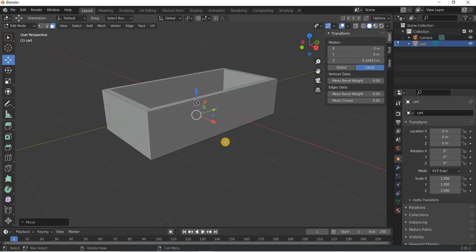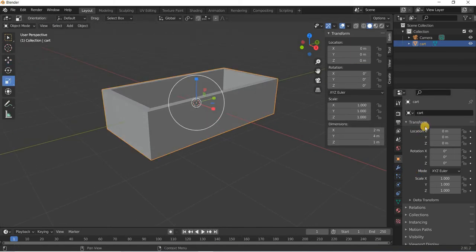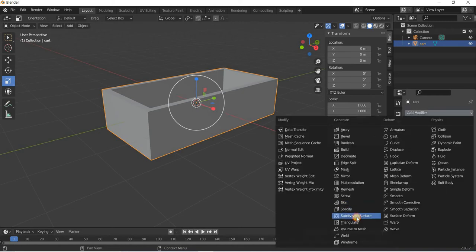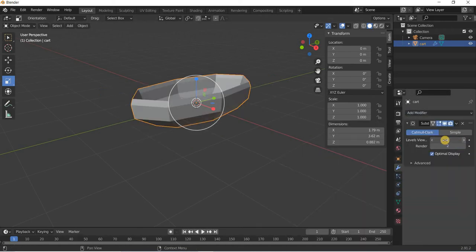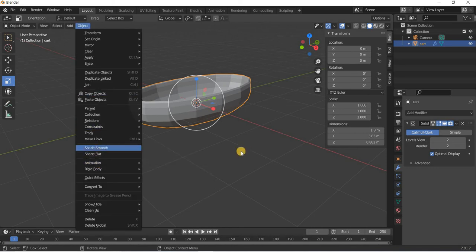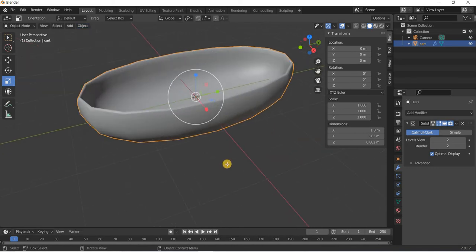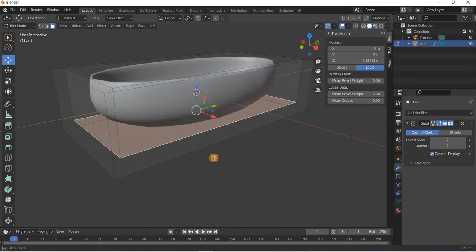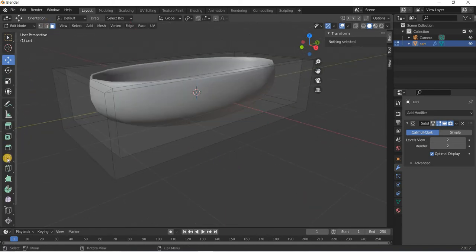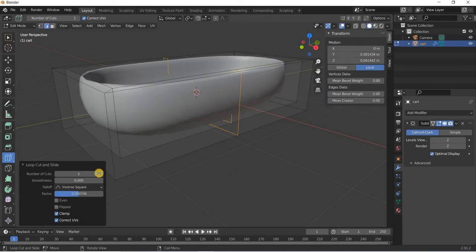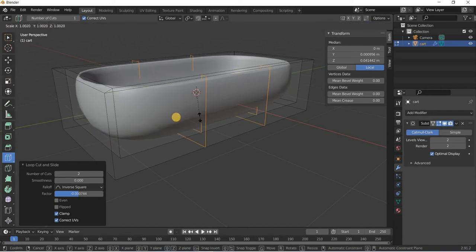I'll get out of edit mode, and we will add a subdivision surface modifier and use a level of 2. Then also go to Object and do Shade Smooth. And again we'll hit Tab, and now we'll bring back our geometry by adding more segments. So I'm going to use the loop cut, and I will create one here, and then I'll add one more, and then I can hit the S key